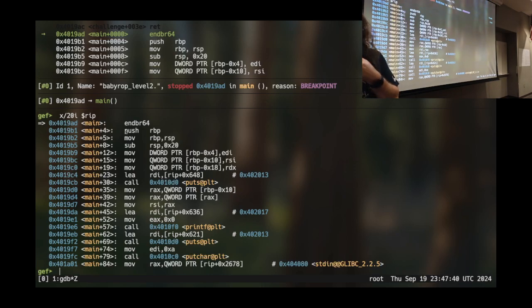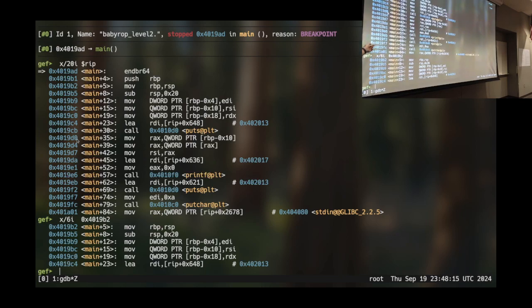And I started kind of arbitrarily interpreting instructions at 19AD because that is where things lined up based on normal execution of this program, right? But you'll notice this is a 1-byte instruction, push RBP, not very interesting. This right here, this move RBP RSP is a 3-byte instruction. And so I could look at the instructions right here. Examine 6 instructions at that address. And I'm going to get exactly what I started with, right? Move RBP, RSP, and everything else interprets the same way down.